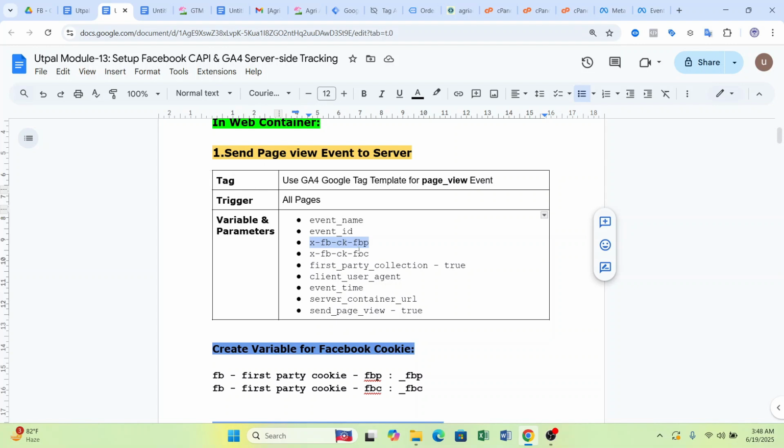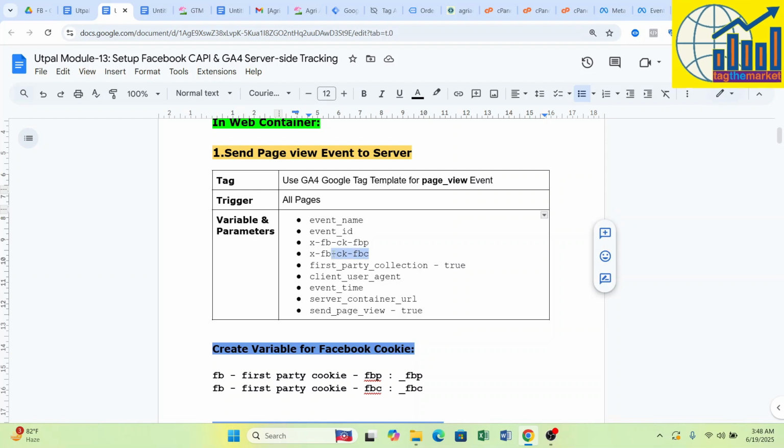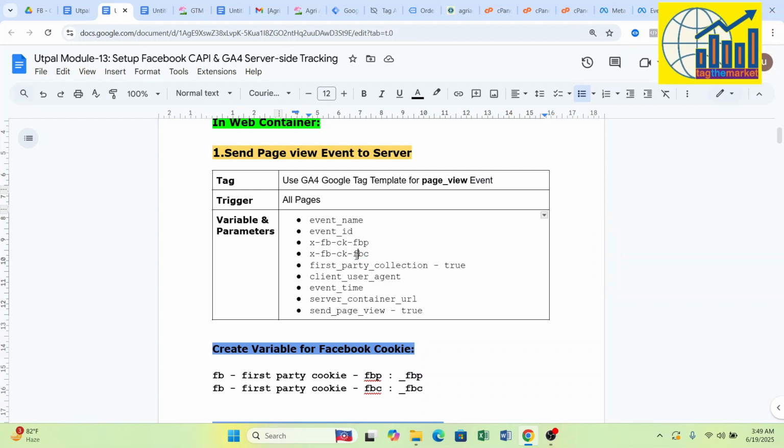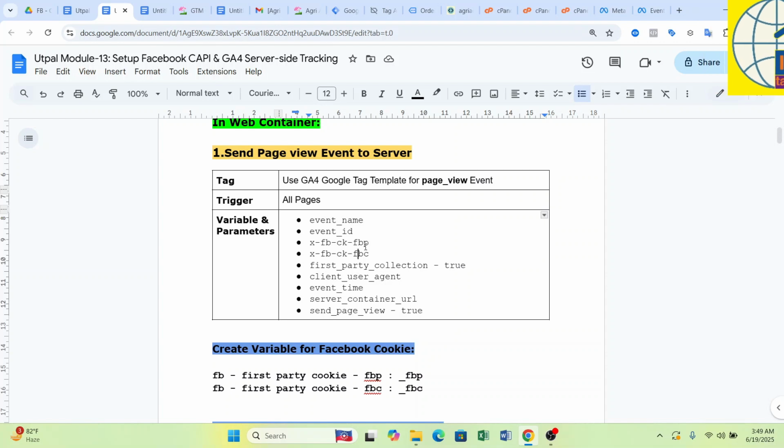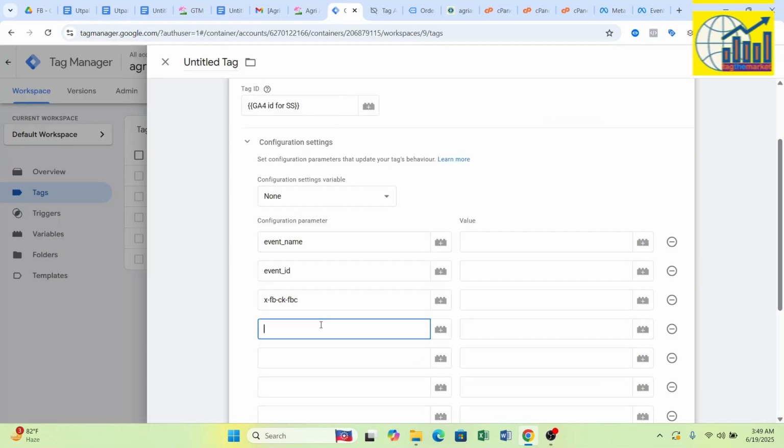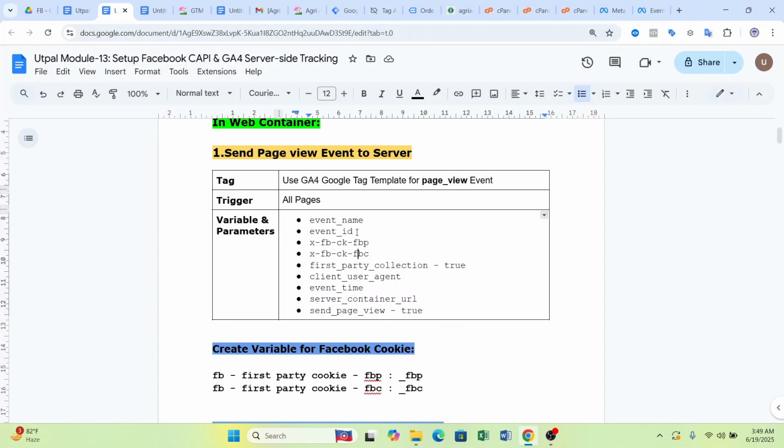Out of FBC and FBP, this FBC holds the more priority by Facebook. FBC is high priority, but FBP is low priority. So I am placing both of them, and then FBP,